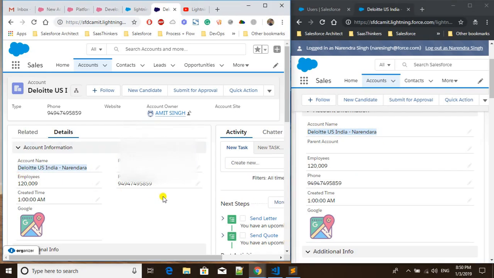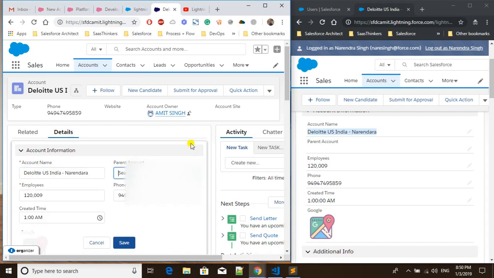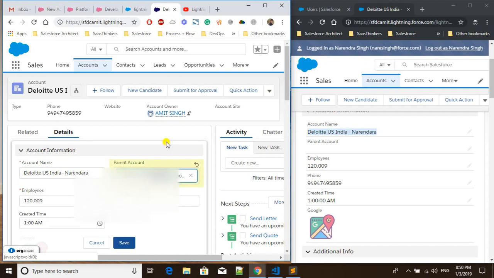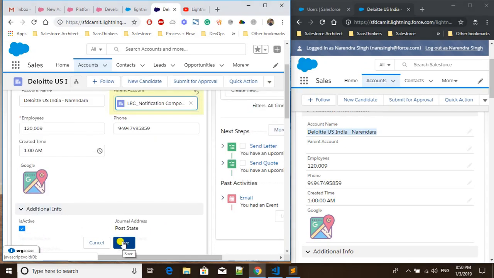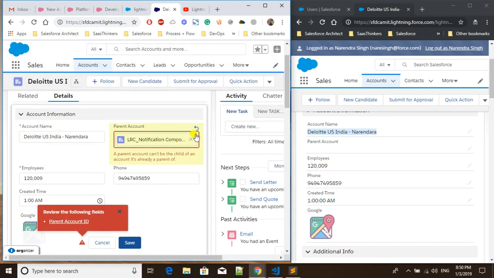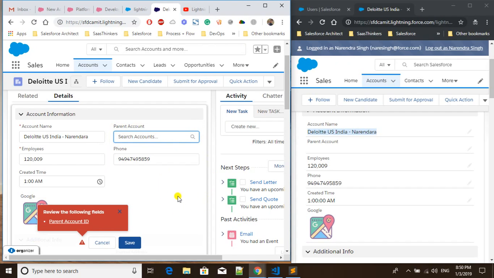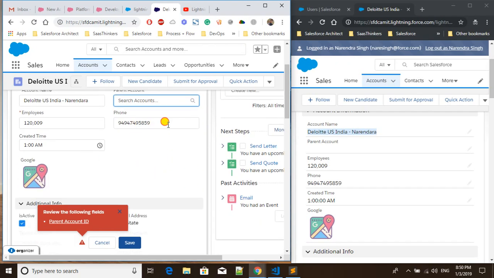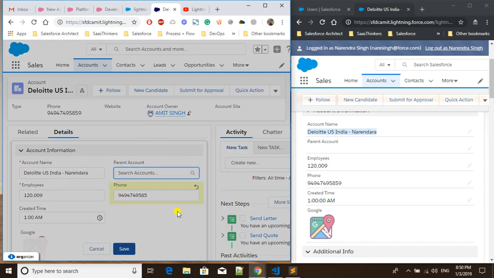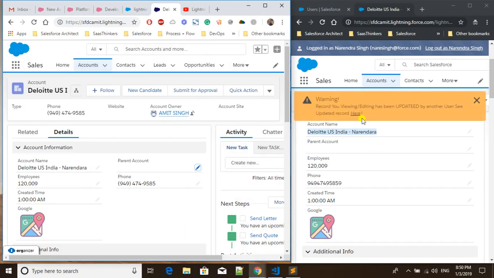So now if I'm going ahead and making changes to this account, and let's say that I'm just checking with this LRC notification component, and if you click on save this, okay, we are getting users. Let's undo this. We're going to change anything else. Let's say change this. Going to save it, and you can see that this particular user is getting